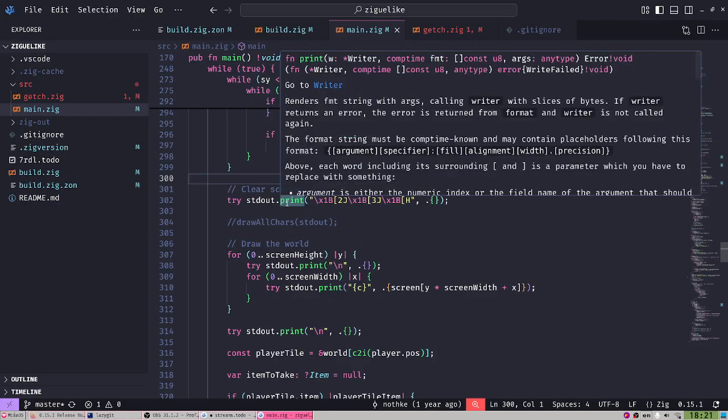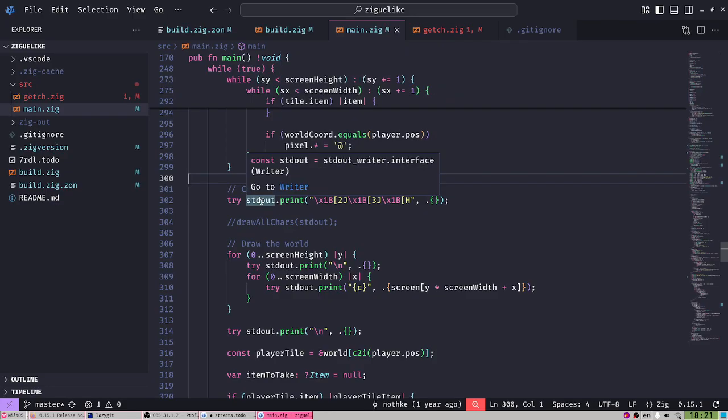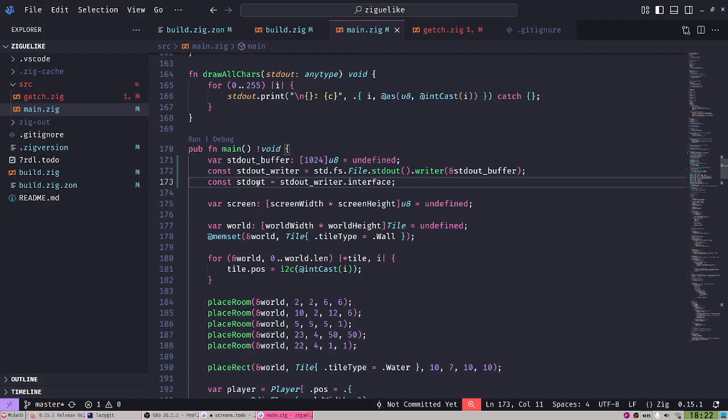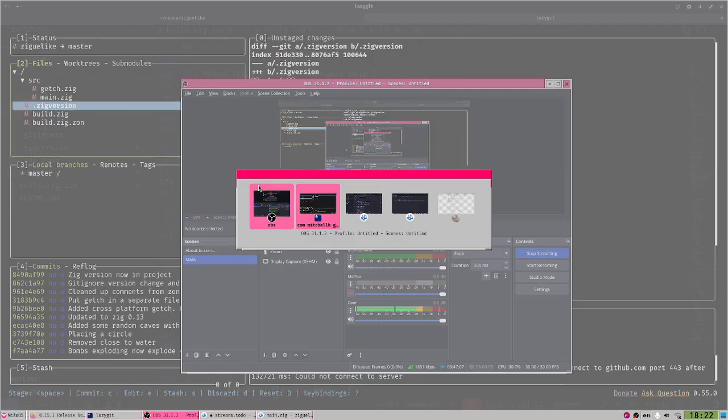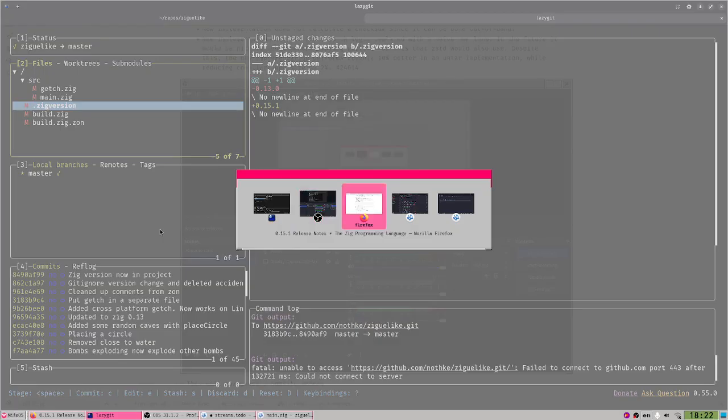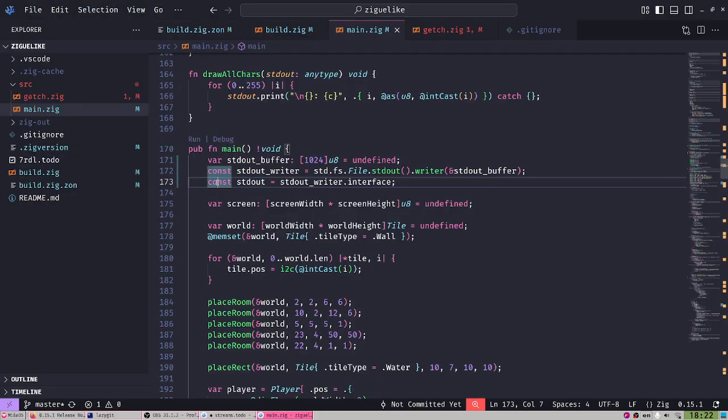The std out, okay, it's a const, but the print function, did I not make something var? Am I supposed to make the std var? Oh no, I made the writer const. That is the problem. Of course, the interface itself should be const because it's just a pointer.